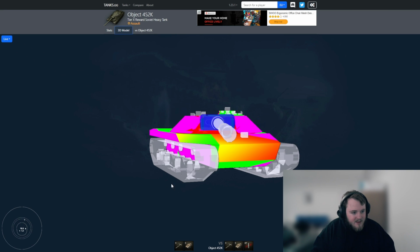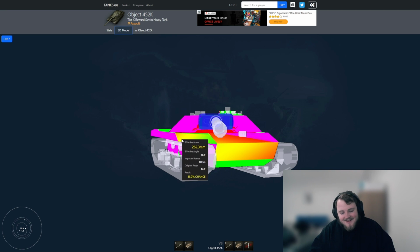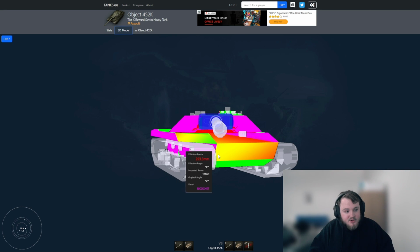Like, we're side scraping here, it's 260. So it is gonna bounce. It's gonna be a little bit like an IS-4-ish. Like probably a worse IS-4 when it side scrapes, because it does have this flat area here, which is going to be punched through, especially with gold. It does also have an overmatchable engine deck, so it can overmatch itself in its engine deck. So if you're playing anything with a 560 alpha gun,